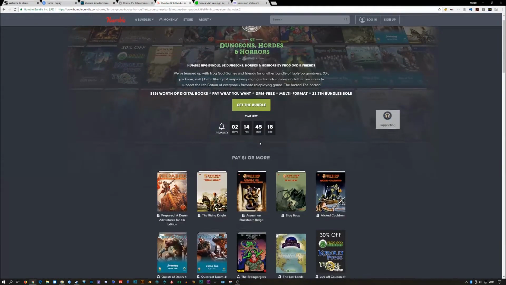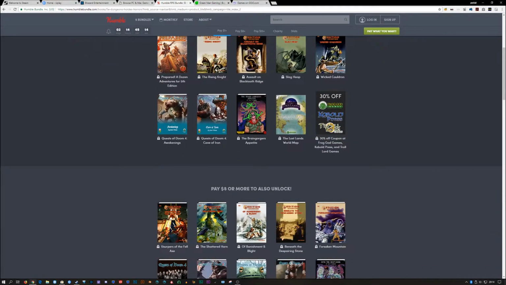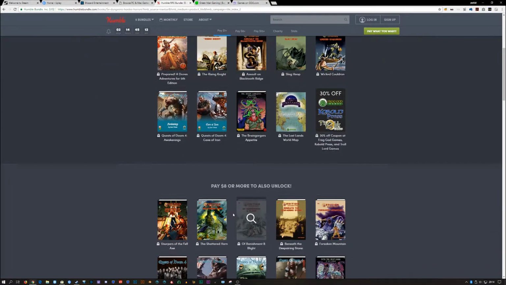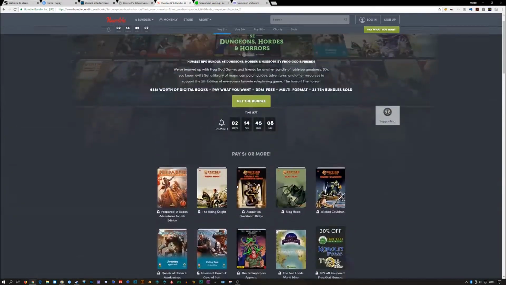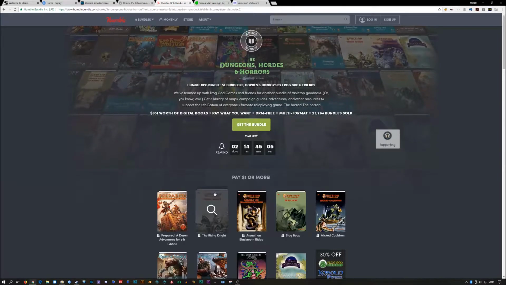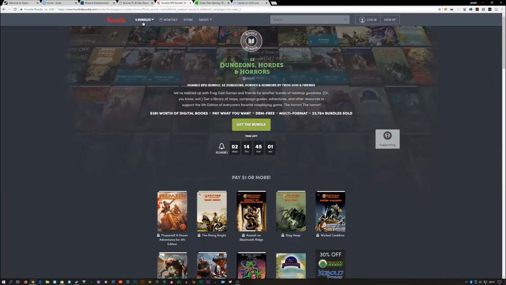You can usually pay $1 or more and you'll get a group of selected items, and if you pay the next price up and more, you'll end up able to get the next set of items. So it's really cool. Right now, they're not running many game bundles with this and other side things, but they